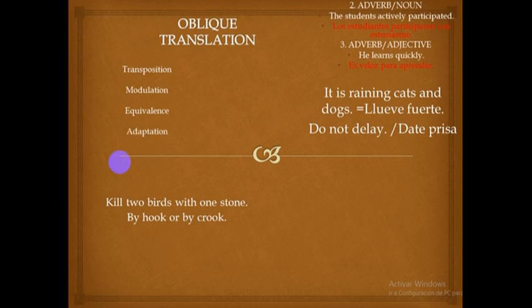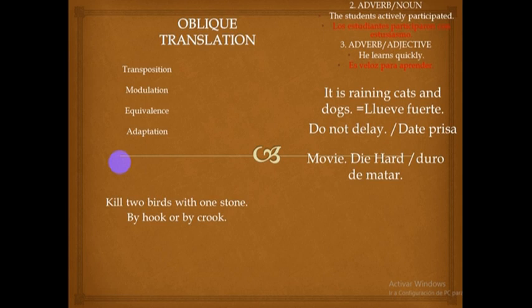Okay, and the last technique that corresponds to oblique translation is adaptation. Adaptation is defined as a technique that incorporates different elements in order to give a correct translation. For example, let's see this translation of the title Die Hard. En español es Duro de Matar. You can appreciate that it's not a literal translation. We have to use